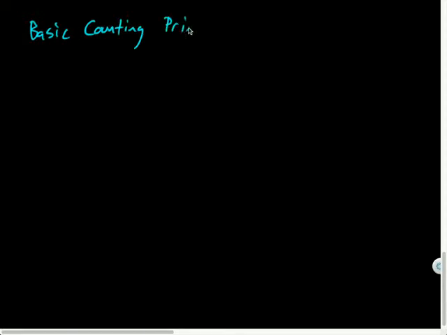Basic counting principle. Nope, L-E. Man, there we go. That's all right. I'm a math teacher. I'm allowed to spell things wrong. So the basic counting principle is regarding different events. So let's see. Suppose one event can be chosen. This is going to be a lot of writing, so if you're watching this on YouTube, feel free to fast forward. It's quite a bit of alliteration there.